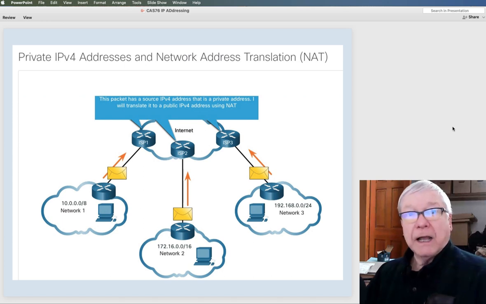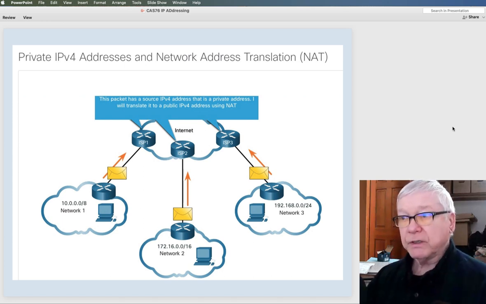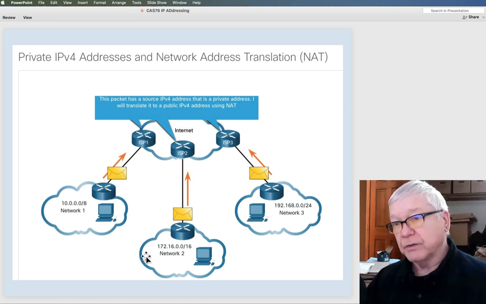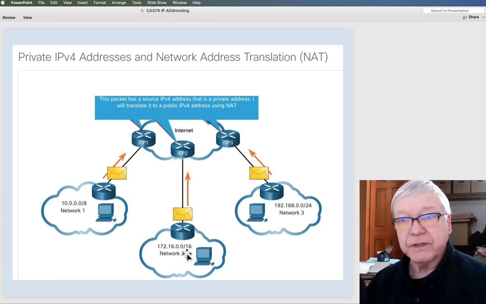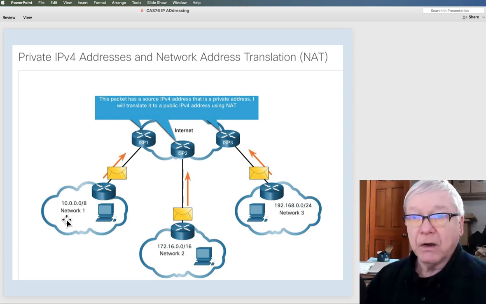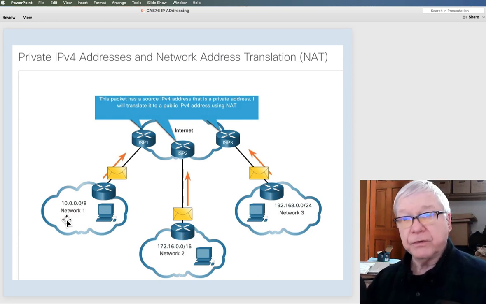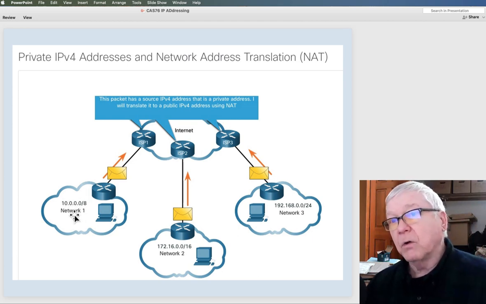So I might have used a 192.168.0/24 network here. Somebody else down the street could have used 172.16/16. Somebody farther down the street could have used 10.0.0.0/8 as their local area network.